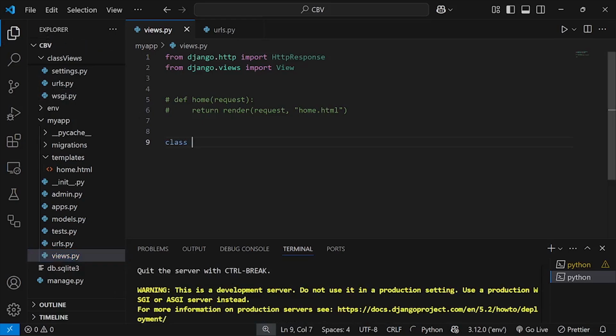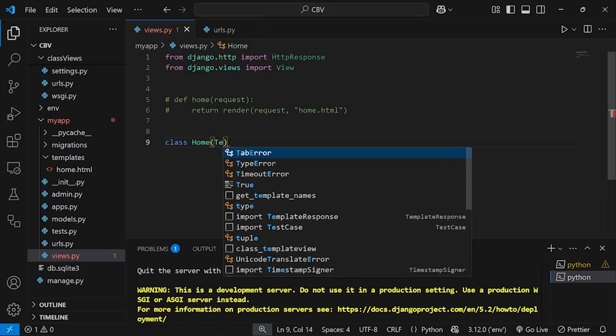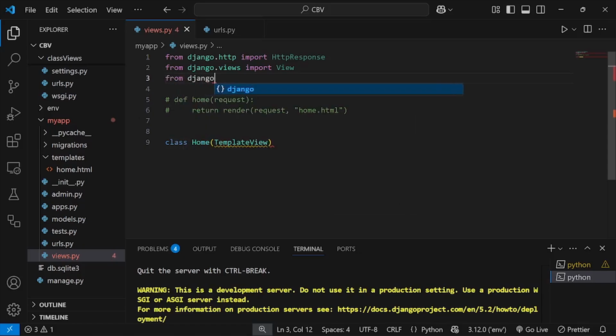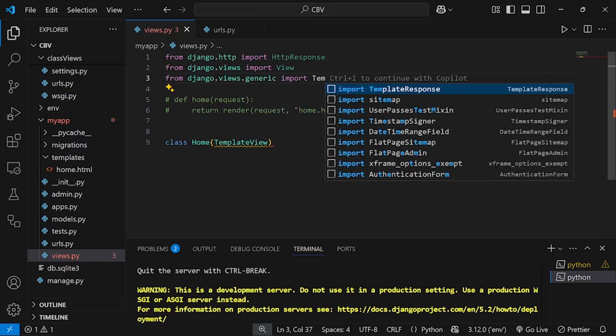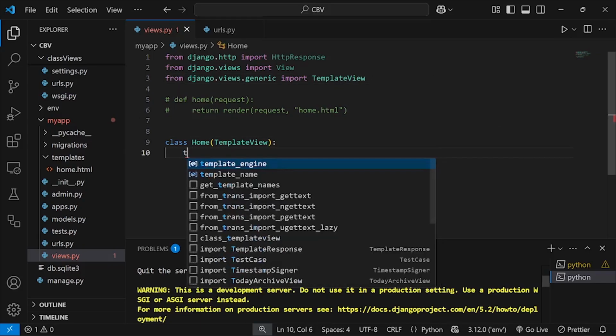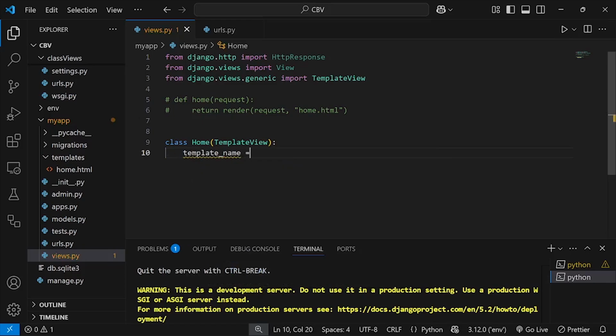Here I'll call another class. Let me still use the home that we had there. Now what will I pass here? We have used Django views. Now we are using Django generic views. So I'll pass in this argument, TemplateView, like this. If I'm using TemplateView, I have to import it here. So I'll say from django.views.generic import TemplateView, like that. Now inside there I'm just going to pass in my template name, like template_name, like this,